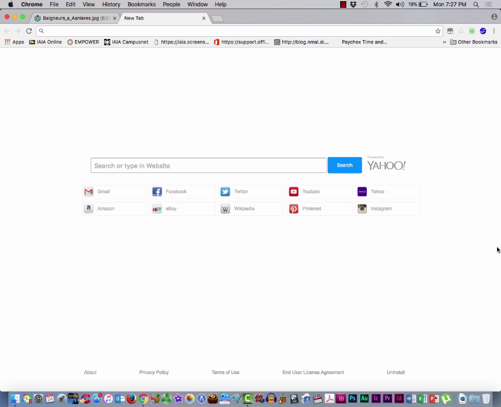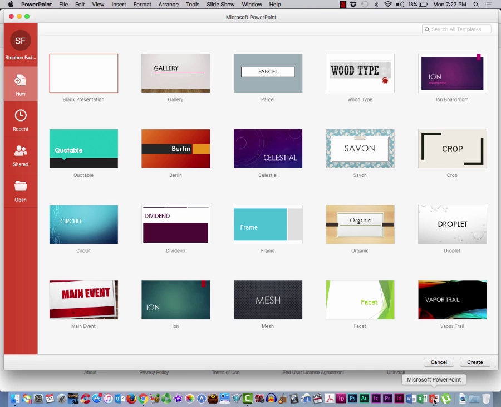When you're starting with Microsoft PowerPoint, in the same way as with Microsoft Excel and Microsoft Word, you're first presented with options of the various templates that you can use that are pre-designed, each of them with their own font scheme, their own color scheme, and even background scheme. So for example, if I started with the Celestial template and I click Create,